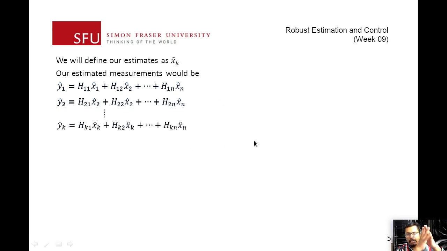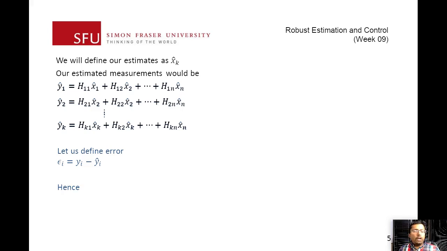So right now, I have an estimate of x, and if I substitute that, I get an estimated value of y. Because of the error, the e's we mentioned before, if I subtract these two, even if my estimation is exactly equal to the actual state, I might still expect some errors in my y hat. So let's define the error epsilon i as y minus y hat of i.